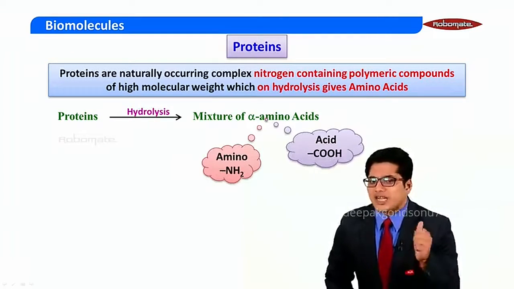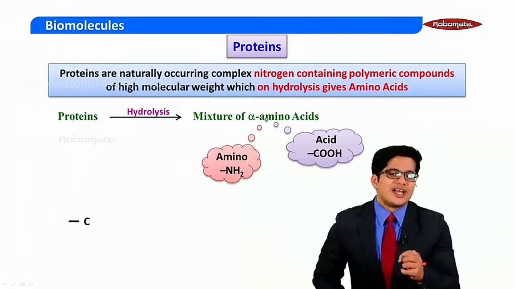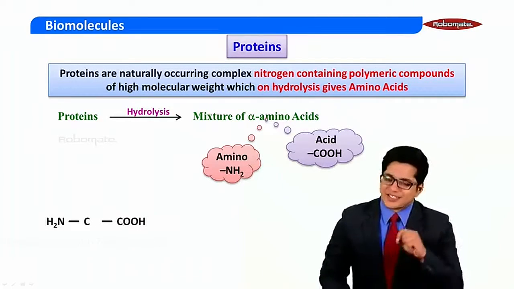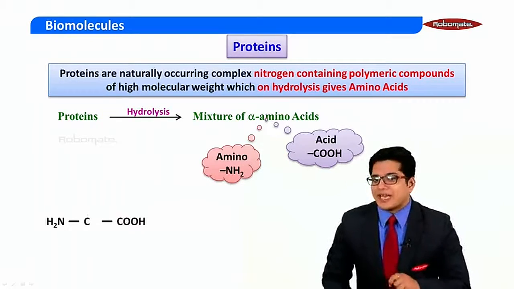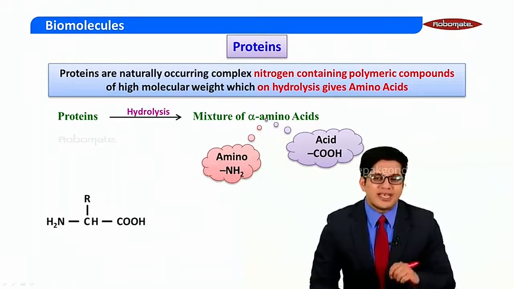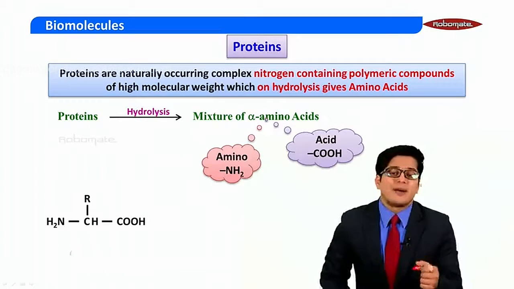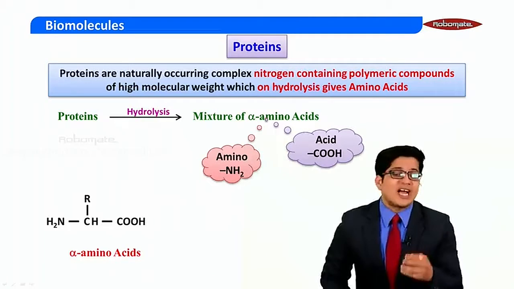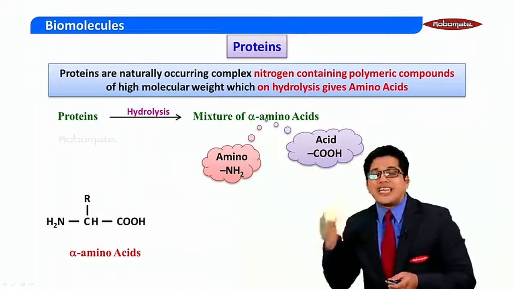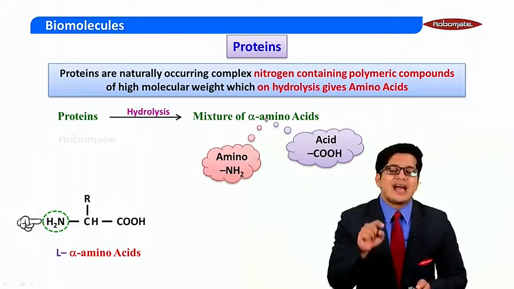We require two groups, that is amino and acid group. So let's take a carbon atom to which I have binded an amino group, I have binded an acid group. Suppose now the same carbon atom was binded with H and hydrogen to satisfy the valencies. Then we would get a compound that would be nothing but our amino acid, also referred as alpha amino acid. But now in this case NH2 is onto the left hand side, so this would be referred as L amino